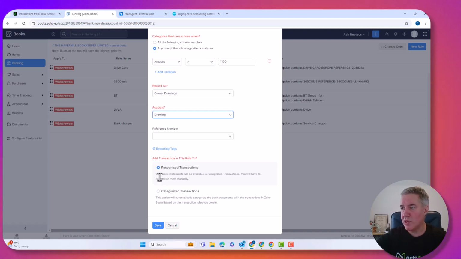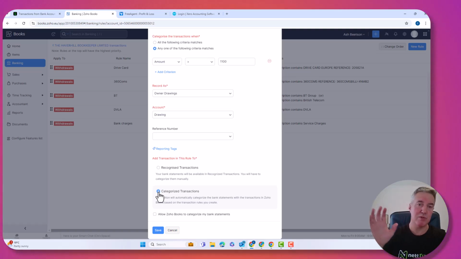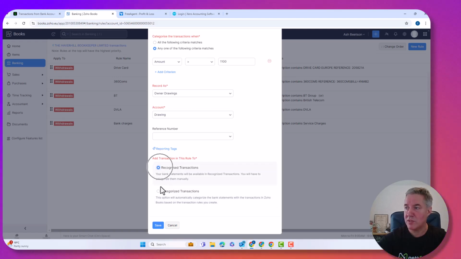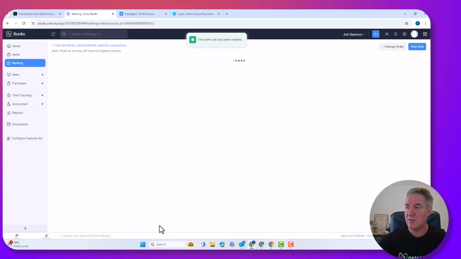Now I've got the option here to either put them into recognised or categorise, which allows Zoho to automatically post them for me. And I did actually do this earlier, I've just remembered, with some income values. So that's why all of my income has basically been removed from the statement, and I put it on and then I deleted that rule. But let's just put it to recognised. So if I choose to click save against that,